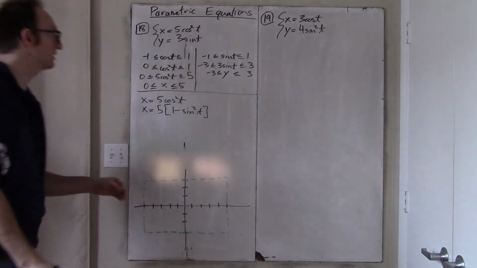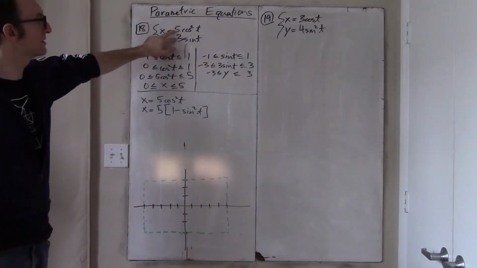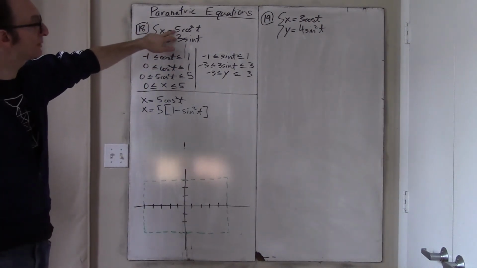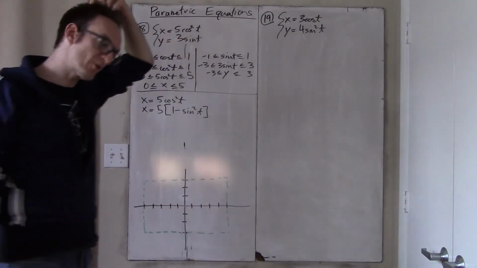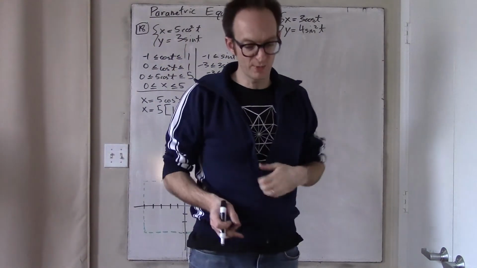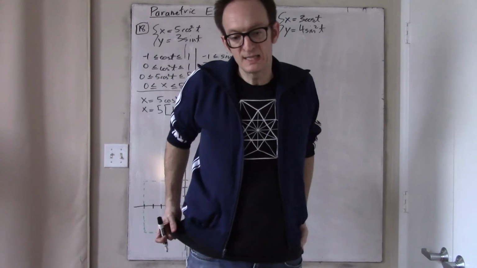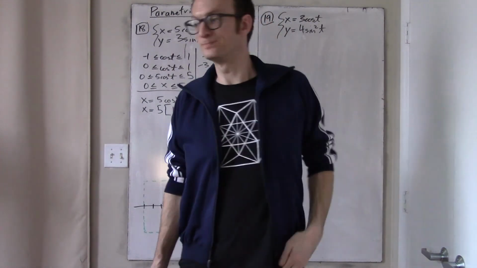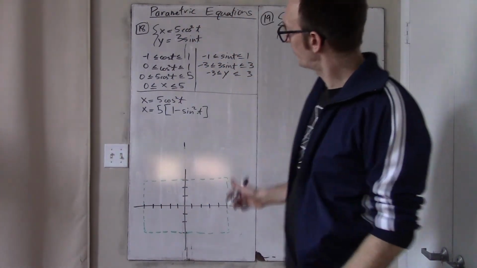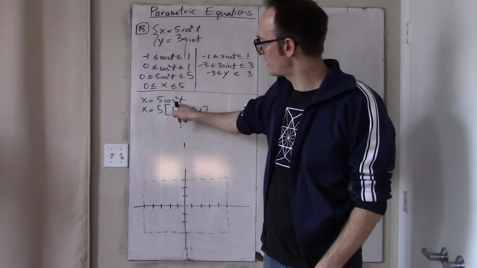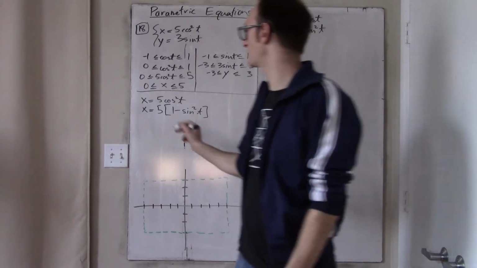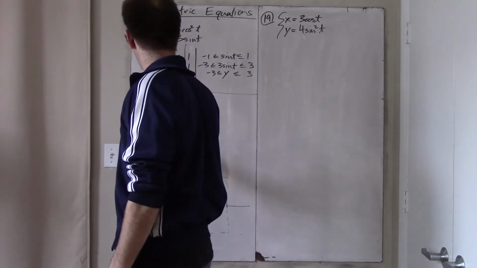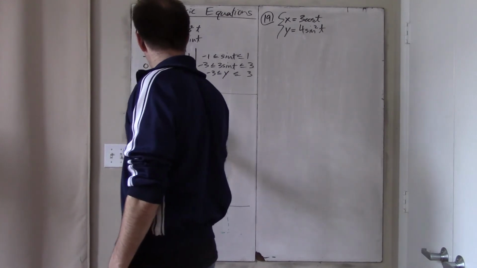Because I'm looking for, ignoring the 5 and the 3 temporarily, a relationship between sine and cosine squared. And the relationship between sine and cosine squared is that sine squared plus cosine squared is 1. Or rather, that cosine squared can be rewritten as 1 minus sine squared,